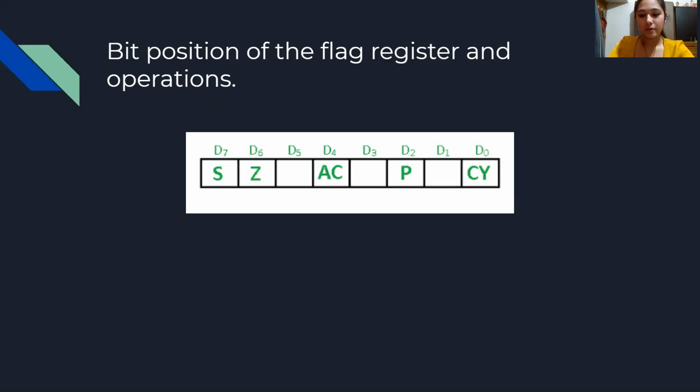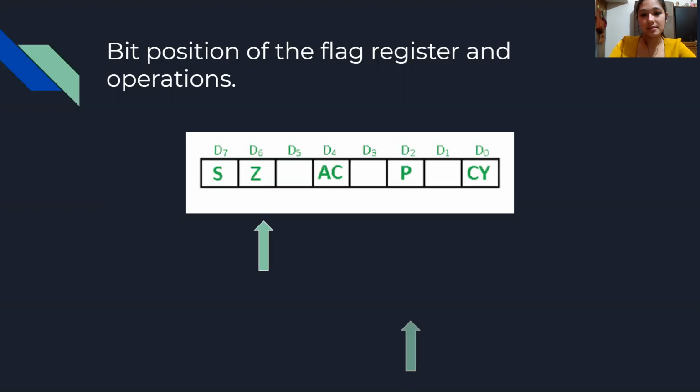So starting off from the zero flag register. Before it, what we can see on the screen is the bitwise position that is responsible for set or reset of each of the flag registers. So the zero flag register is set when the result in the accumulator is equal to 0 in hexadecimal or binary, anything you say, but the result is 0. Okay, and it is reset when it is not so.